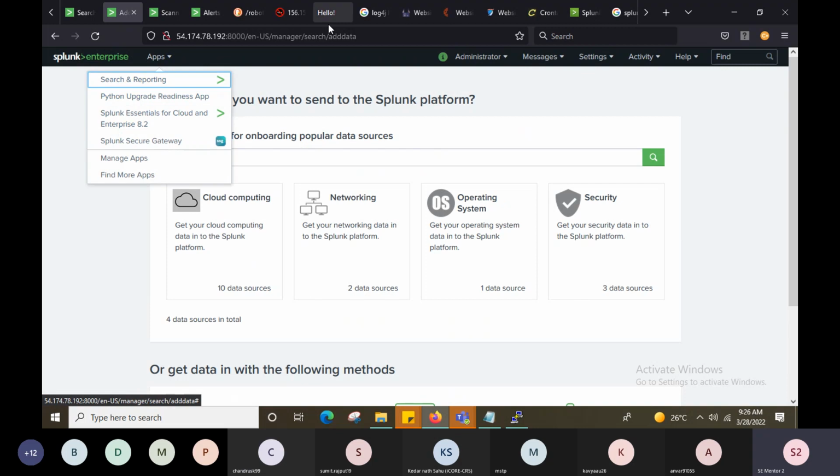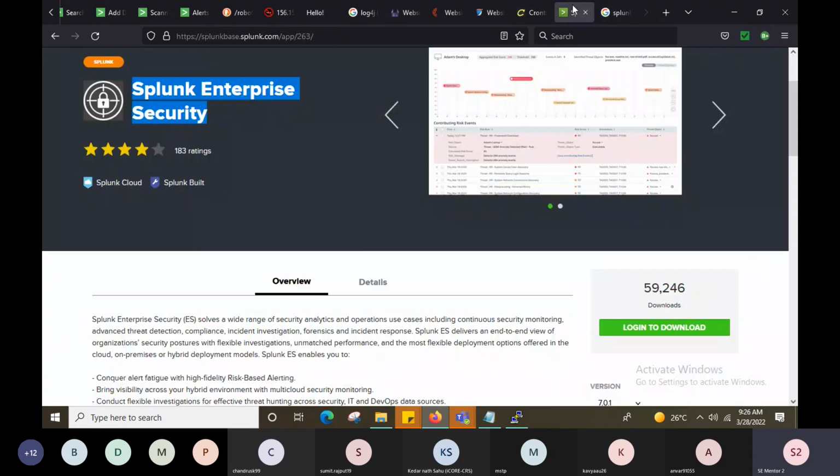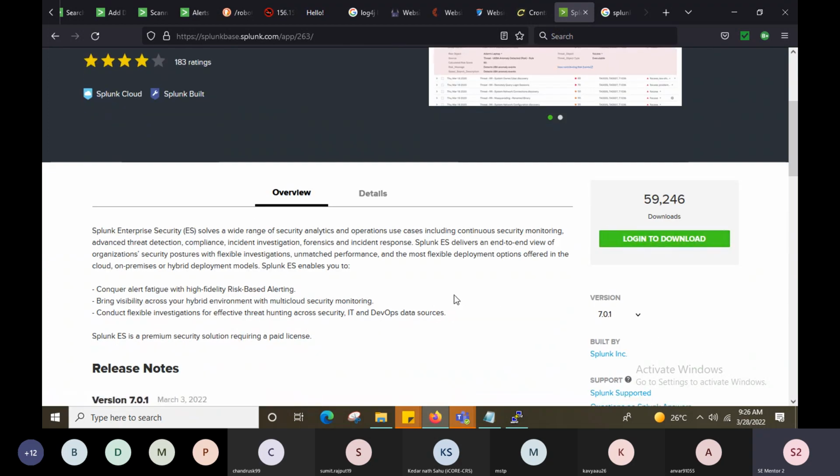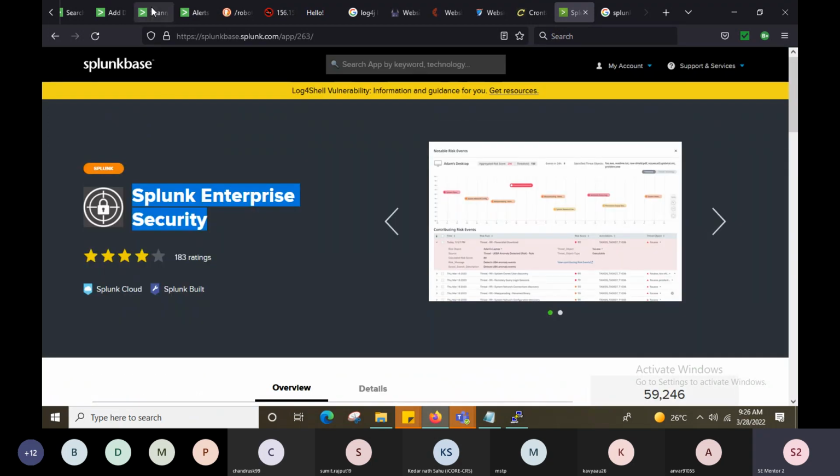From where do you get the app? There is something called Splunkbase. All right, this is the one. You'll find multiple apps over here, multiple integrations. So you can download that particular app. All right, and once you download,